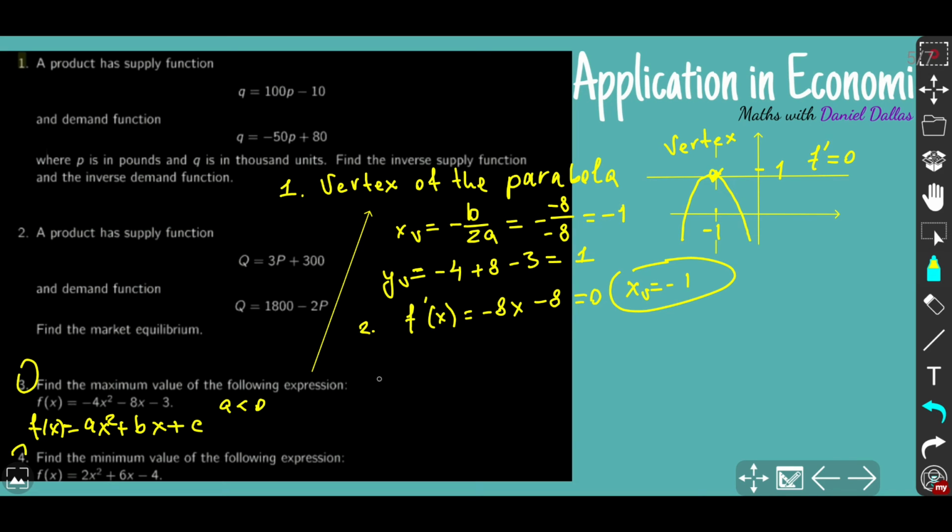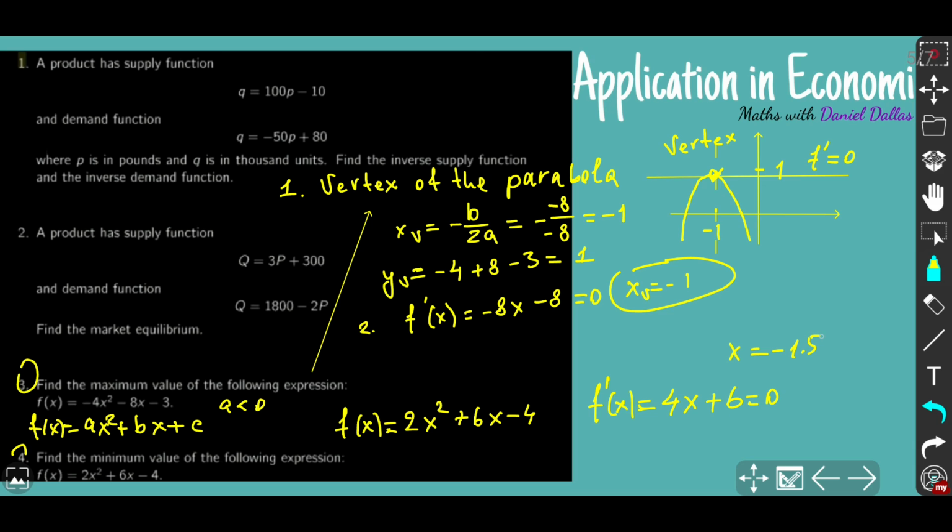So for this problem, you need to find a minimum value of the following expression. I just rewrite the following expression more clearly. So f of x is 2x squared plus 6x minus 4. And right now you need to do absolutely the same, so I'm going to use the differentiation tool. So f prime of x, let's differentiate, becomes 4x and plus 6 on top of that, and you equate it to 0, from where x becomes -1.5, because it's